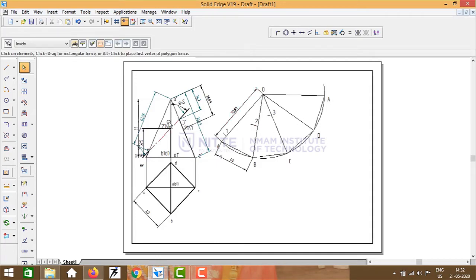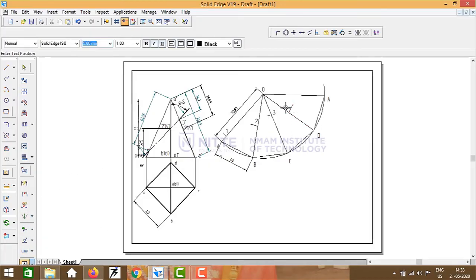Next, on OD, it is cutting at 4 dash. It's the same distance as O to 2 dash. O to 4 dash is the same as the O dash to 2 dash distance. So it's 36.09. Go to arc by center point, click on point O. The O to D distance, sorry, the O to 4 distance is the same as the O to 2 distance. So it is 36.09. Cut the arc. Mark the point number 4.